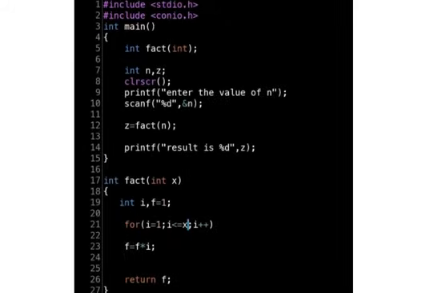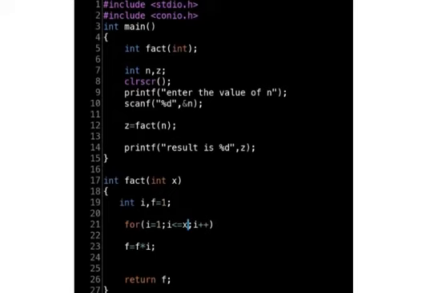The same program, factorial of any number using for loop, prototype 3. Look at the things clearly. Look at line number 17 here. In the function definition, int x I used instead of n. In the previous program I used n, but here I used x.